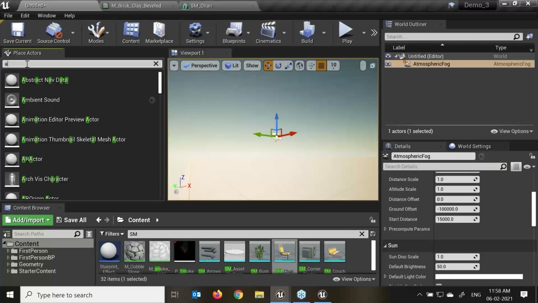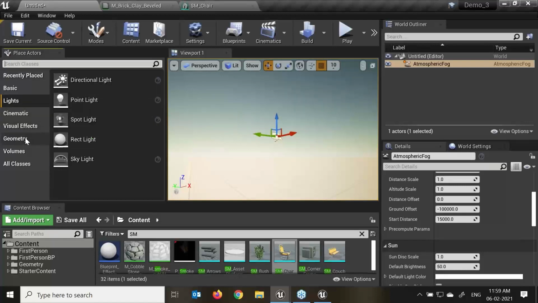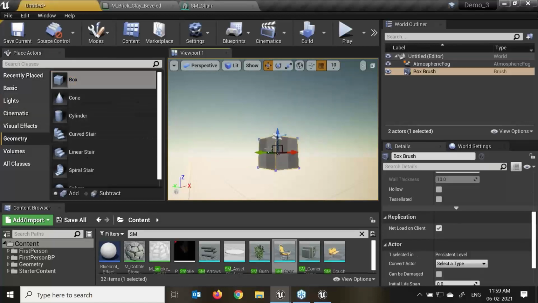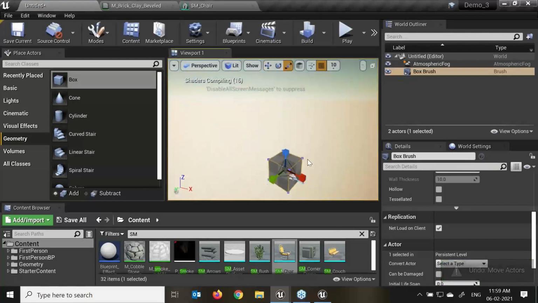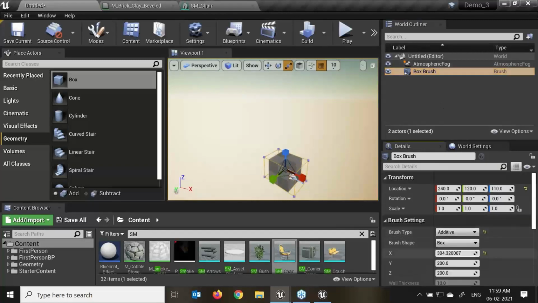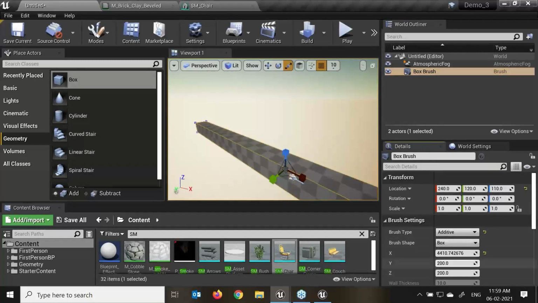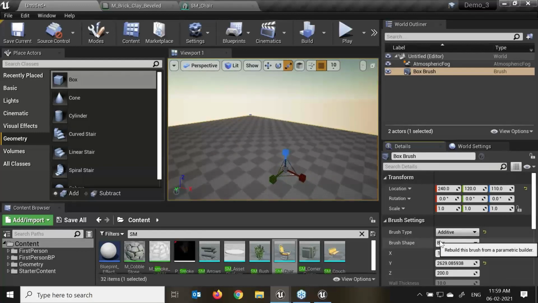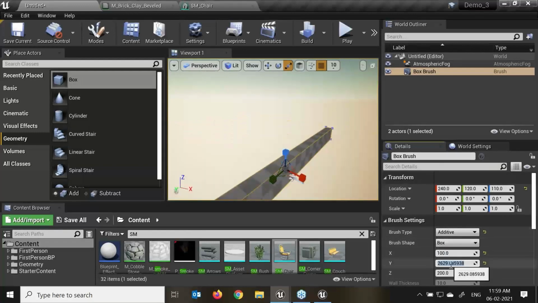So what I'll do, I'll just create a simple geometry, say a box, and increase this as per my requirement, make this 100 and 100 only.